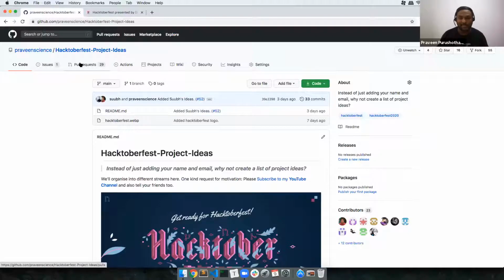So yes, it's really hard to be a maintainer, and if there is an active repository, it's going to be really tough maintaining it. So I'll try to merge all the pull requests as quickly as possible. That is something which I'm doing effectively.